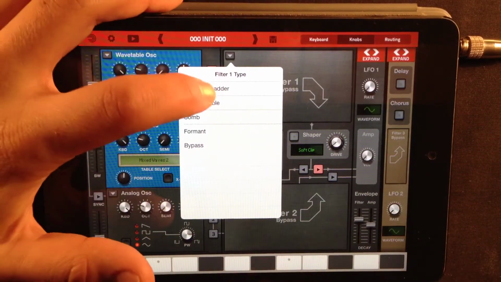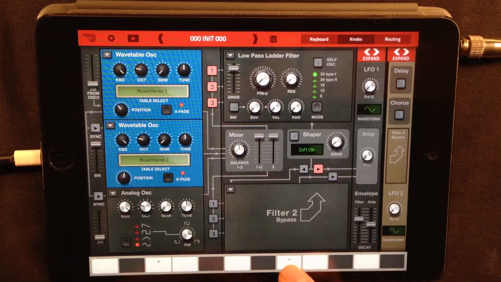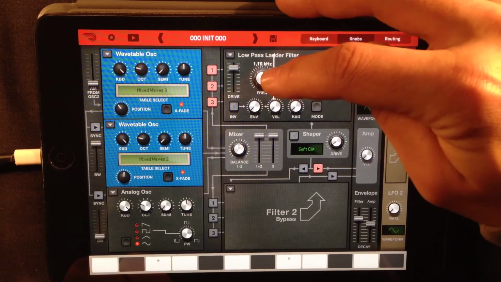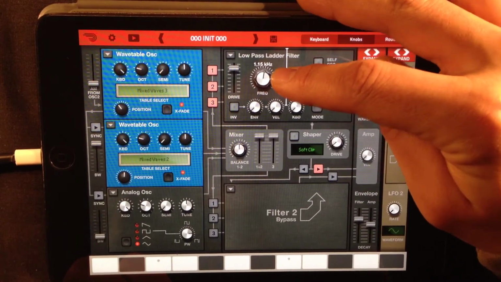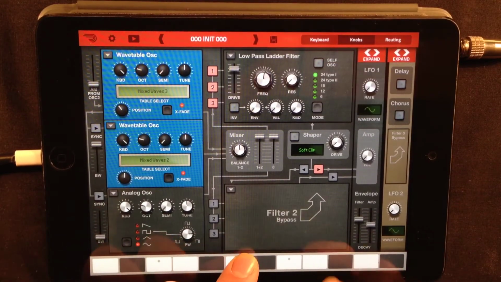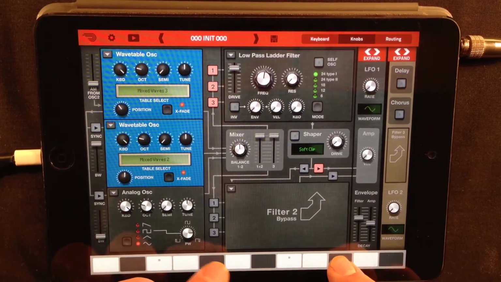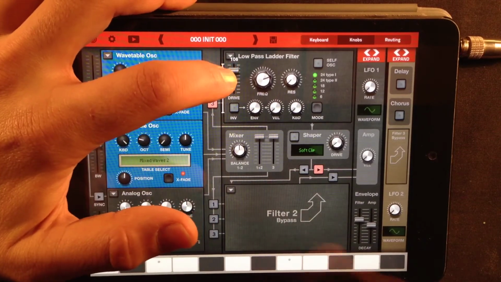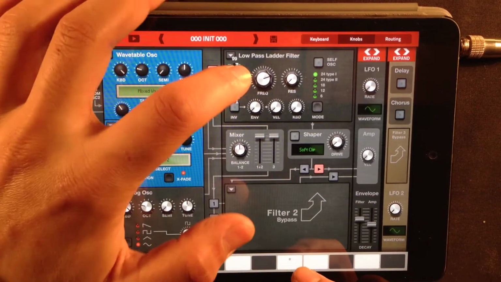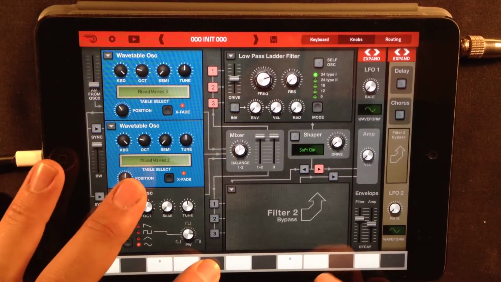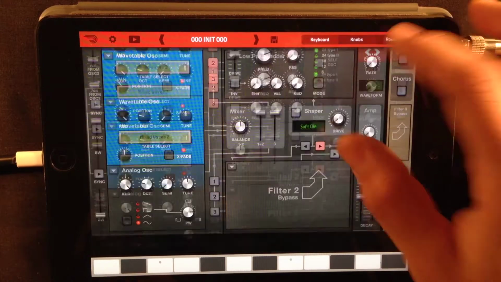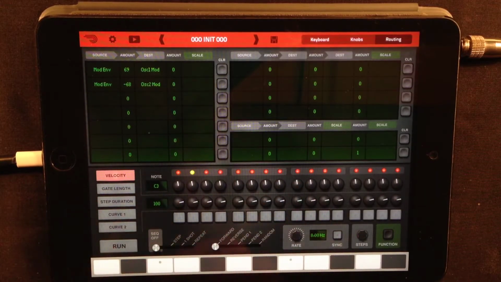We're gonna add a low pass ladder, and right now it's turned down really low, so we're gonna put the frequency knob up here somewhere above 1000 Hertz. Starting to hear it. Let's turn down the... Okay. That's pretty cool. Go back to the routing, because now we are going to modulate the filter frequency, and we